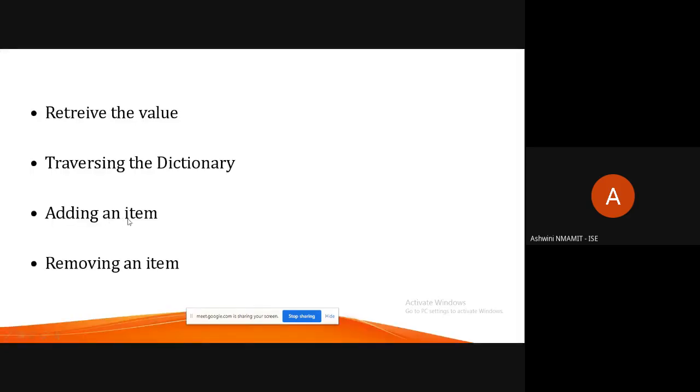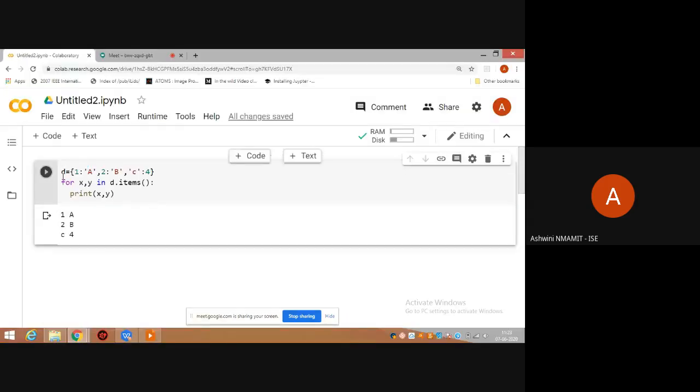And I've already told you how to add an item, how to remove an item. And also, if I want to check whether an element is present in the dictionary, then I can just give the in operator. The in operator, just like how we have done it in strings, and the same would go with the list. We can also give it in the dictionary.